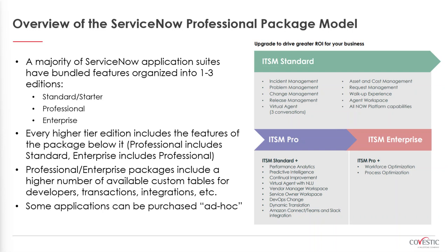It can be contrasted with the other editions, standard or starter, depending on what you're purchasing, which represents the entry-level package. Then there's Professional, and finally Enterprise, the largest package available, containing a vast wealth of features and applications. Professional sits right in the middle, and it's just that, a package of features and applications relevant to whatever application